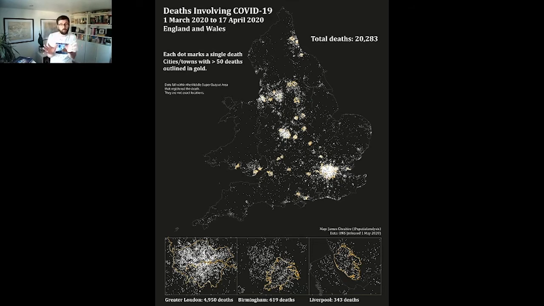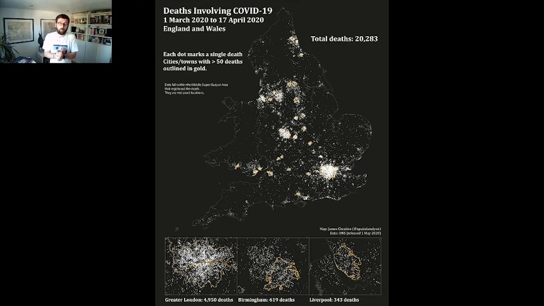It's actually something similar to what I was trying to do. It's inspired a bit by what John Snow was doing, by representing each death as a single point on the map, rather than these statistics that show big groups or clusters of people. And similar to the map I showed you before of England and Wales affected by cholera, we can see that again the cities, where most people live, are the ones that are getting hardest hit